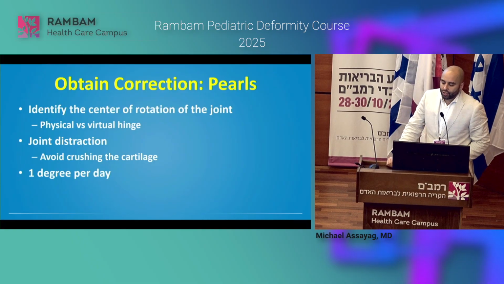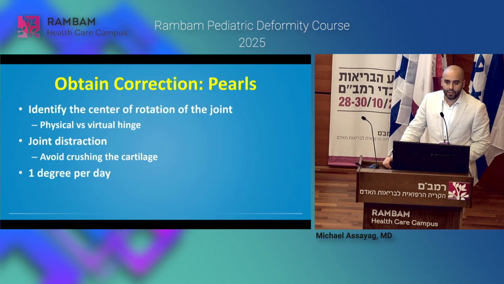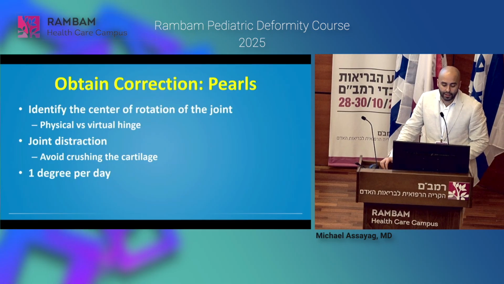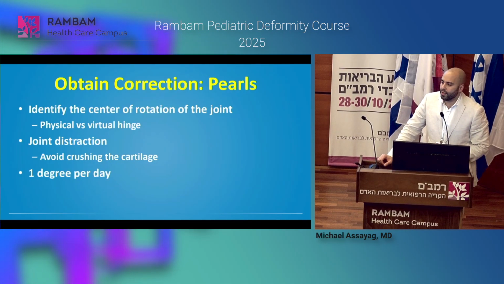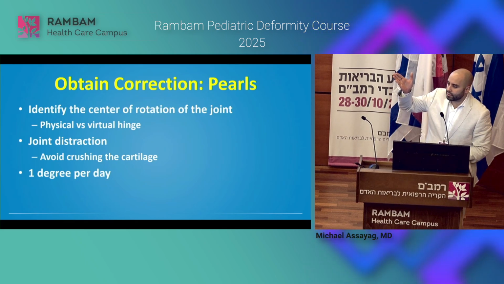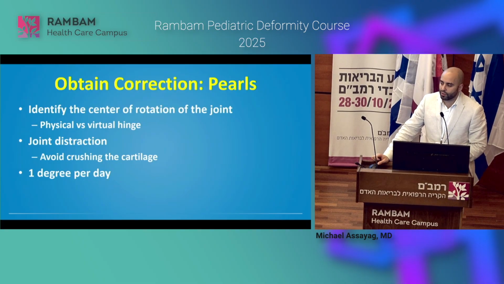To obtain the correction, first you need to identify very properly what the center of rotation of the joint is. We have seen what the center of rotation, at least from 0 to 90 degrees, is around the knee. And in the subtalar joint, it's the junction between a right angle line that passes through the weight-bearing aspect of the foot, 90 degrees through the lateral process of the talus, and a straight line through the diaphysis of the tibia. So it's usually located at the subtalar joint.